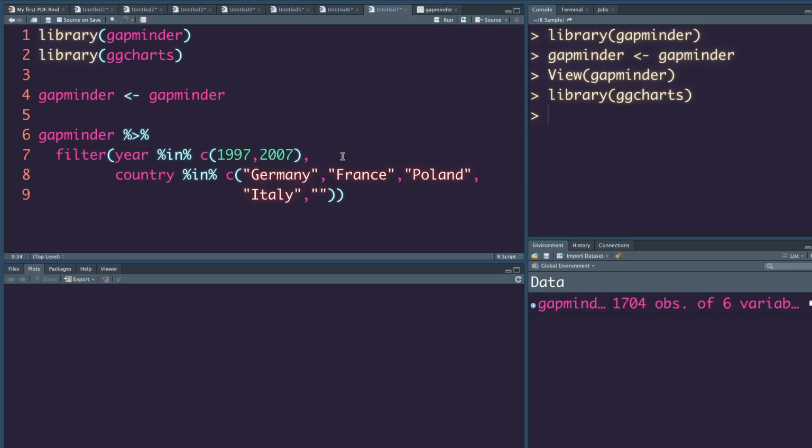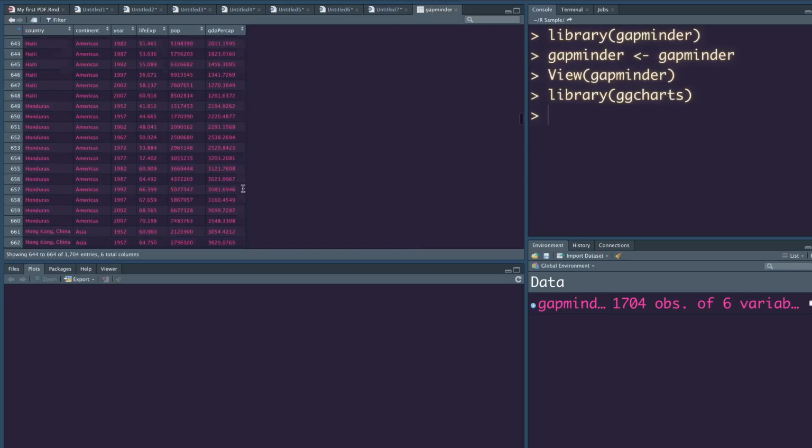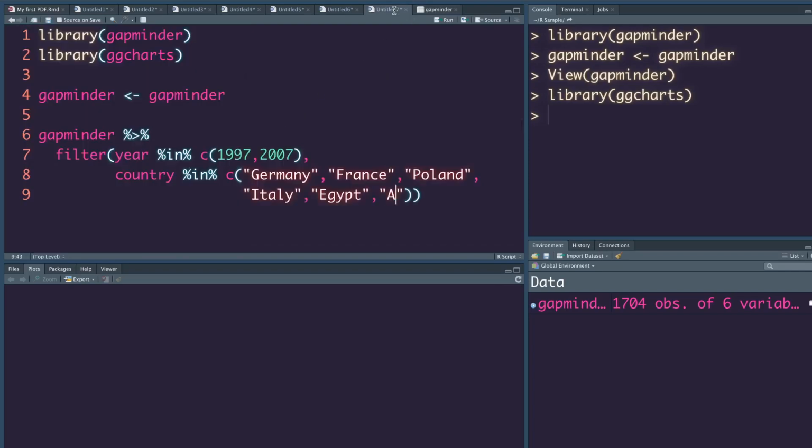Let's pick some other country, Egypt. Let's pick some other country. Oh, I'm so bad with countries. Let's look at the country names. Let's pick Austria. Okay, so we have these countries now.